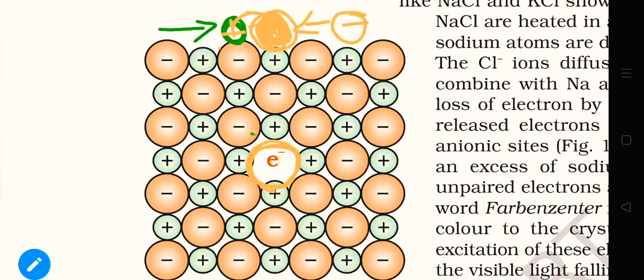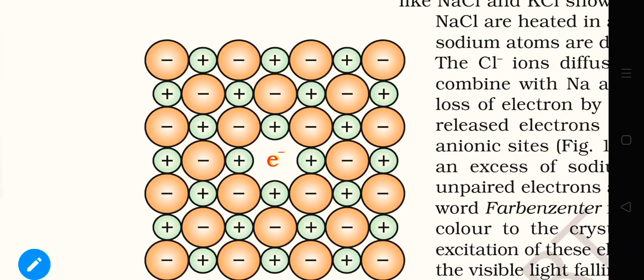So the surface will be observed totally normal, just like the inner bulk. We have a positive ion and a negative ion at adjacent locations, so the same type of situation will be observed here. But what is going on inside the bulk is that at the location of the negative ion we have a vacancy, and in this vacancy we have an electron released by the negative ion. So the released electron will be present at the initial location of the negative ion, and it is called an anion vacancy.